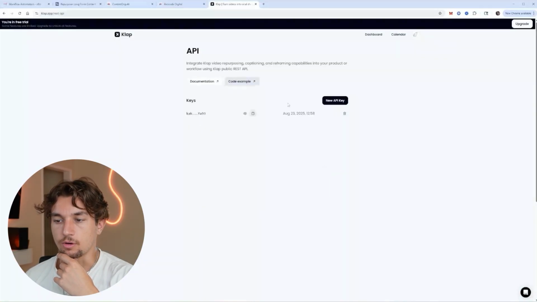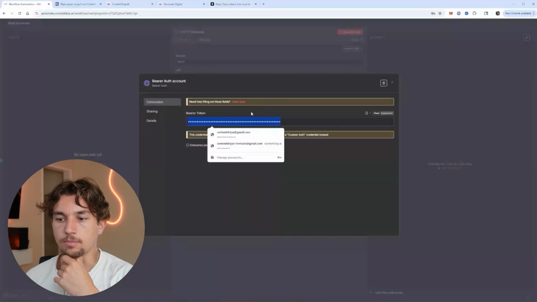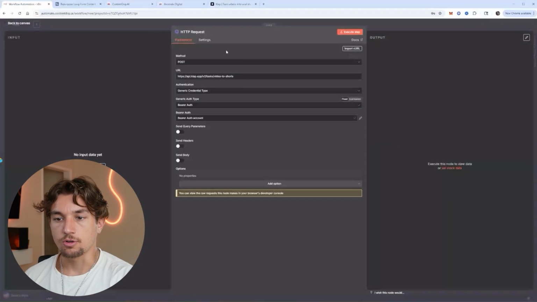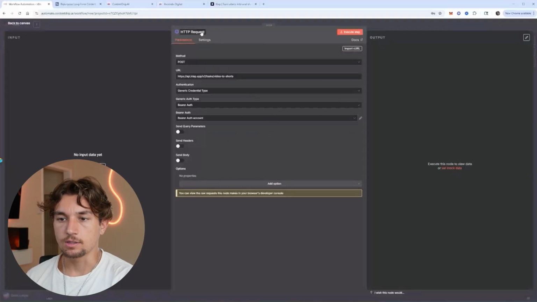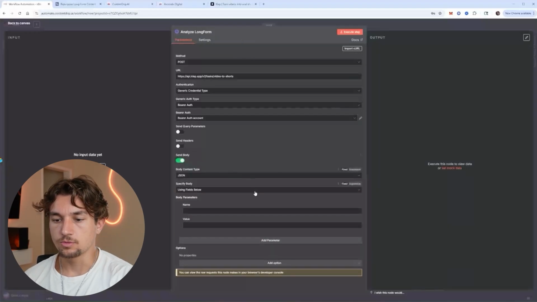I'll delete this since we already have one. Once you copy that, all you're going to do is paste it into this bearer token. Once you have that, that is your credentials that you'll be using throughout the automation. From here, I like to also name the node: Analyze long form. Okay, and the last part is we're going to send a body,